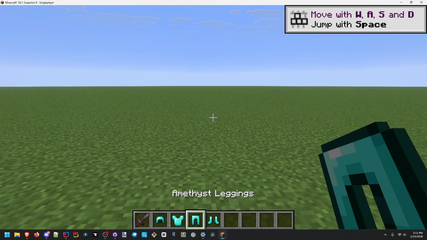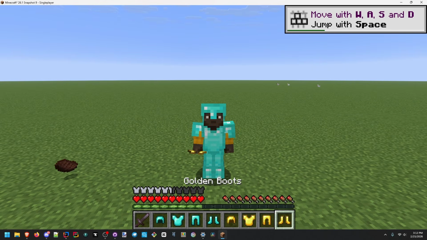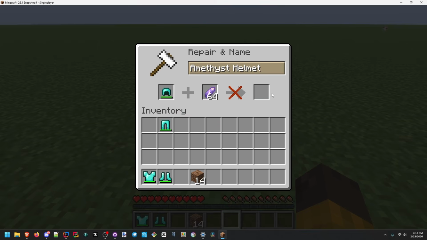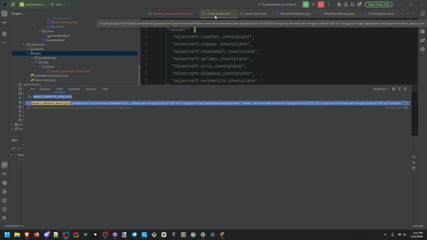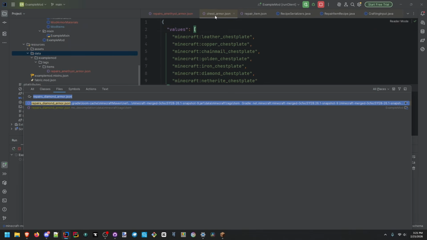I'm gonna right click with each of these and equip it. We see the same stats for our armor bar, so that's good. We should be able to repair it, but we see this isn't working right now. Despite the fact that Claude missed this file, chest_armor.json, and didn't add our armor in the different tags, we also see a common error that I expect humans to make, but I would have hoped Claude would not have made